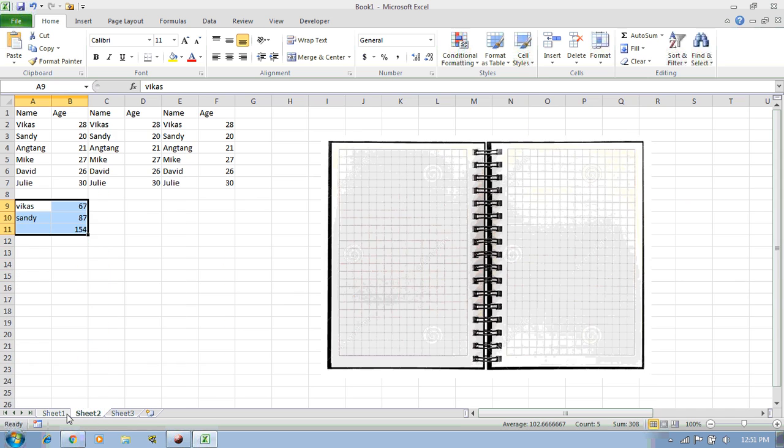So sheets are something like the same. You can see here it is one page and it is the second page, and same as we have multiple pages in the notebook, the same applies here in Excel as well.